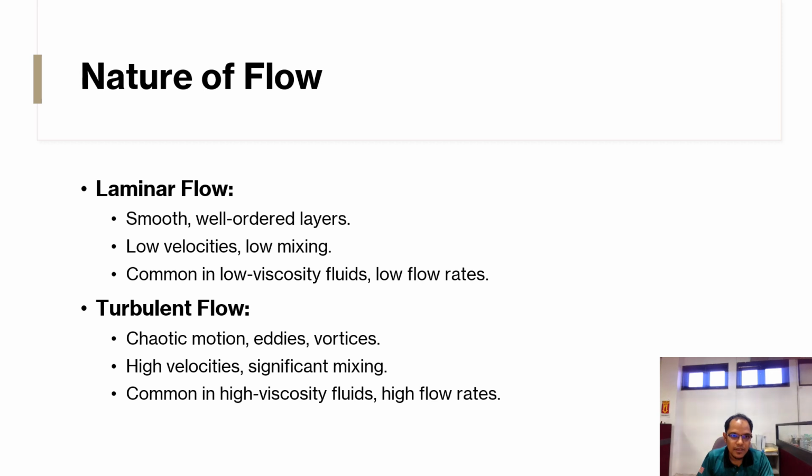So basically for the flow, we have two types of flow. Firstly is laminar flow, and then turbulent flow. Laminar flow is a smooth type of flow, with very well ordered layers. It goes with very low velocities, low mixing, and is common in low viscosity fluids and low flow rates, while in contrast the turbulent flow is a very chaotic motion. It has all those vortices,